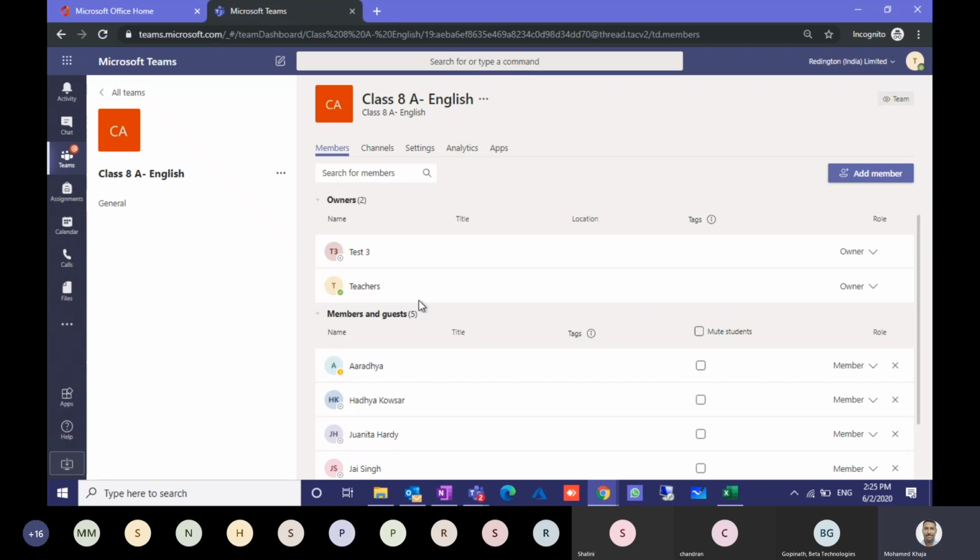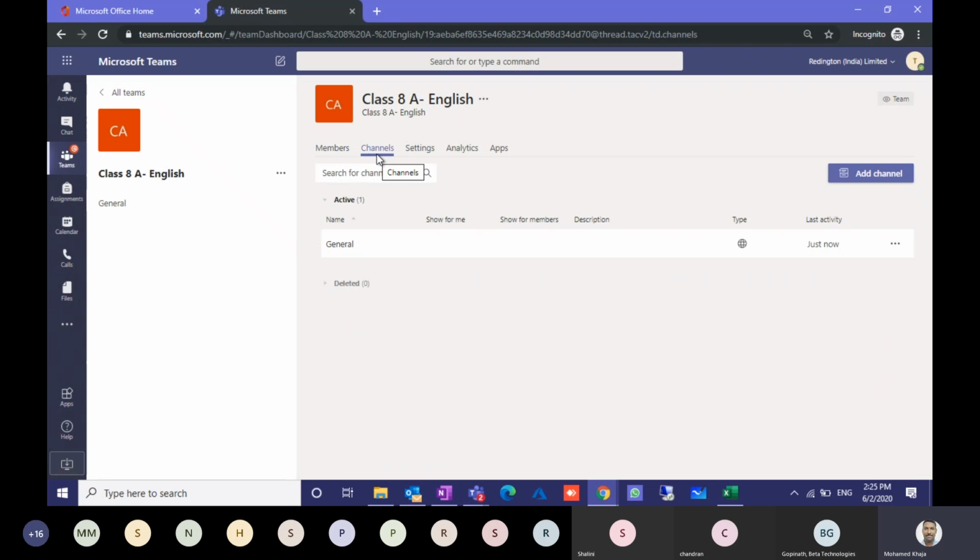You can manage this. And channels, I will show you what the purpose of a channel is. A channel is like, in an English subject, you have a textbook, so you will have an index kind of thing. You will follow those things and teach lessons to the students so that it stays on track, like lesson 1, lesson 2. You can create channels and keep track of each in a separate workspace. I will create a channel and show you how this works.